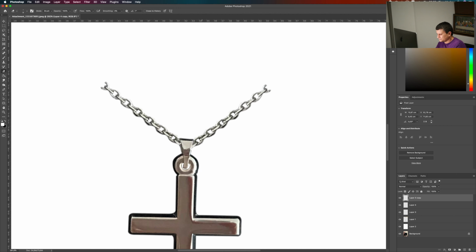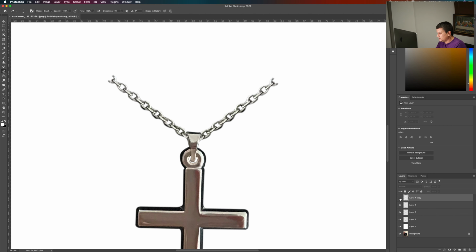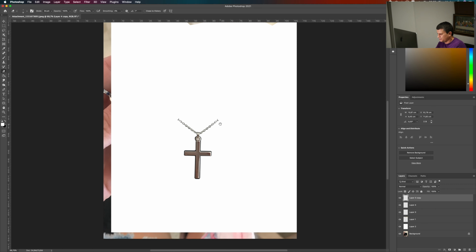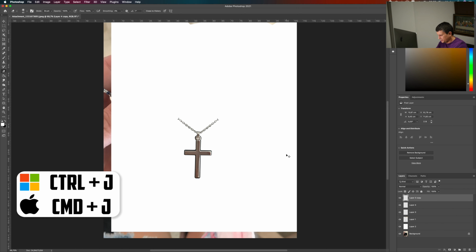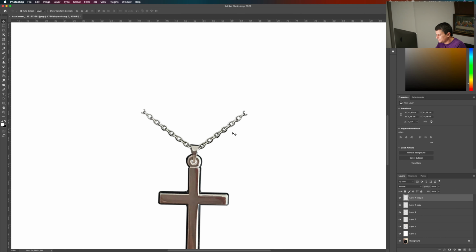Now, this part here, if you want to make it longer, let's continue it here. Press Command J to make a duplicate of the layer and just move the piece like this, with the eraser tool on this one.